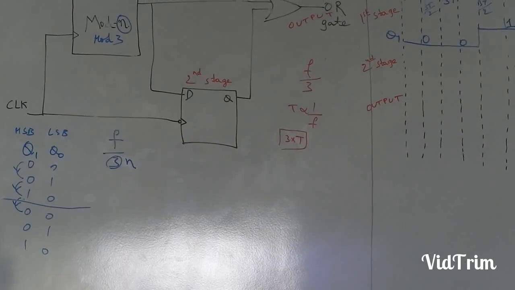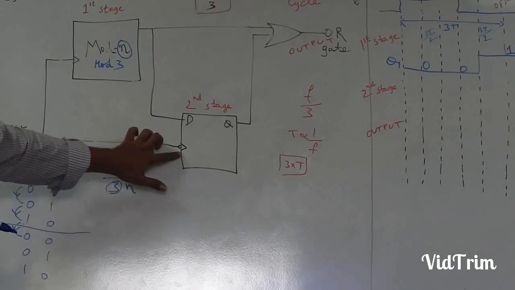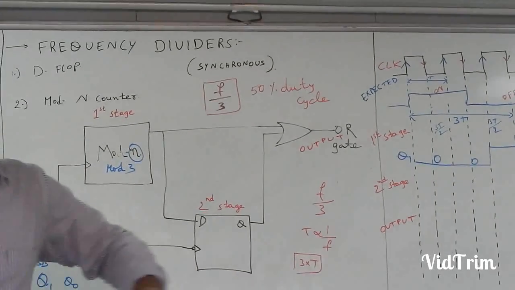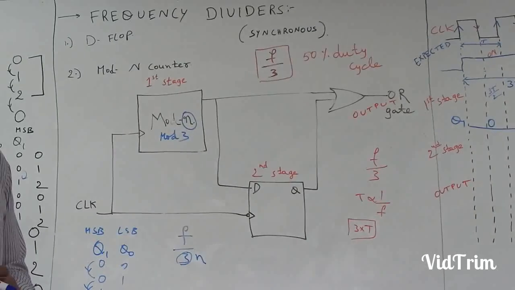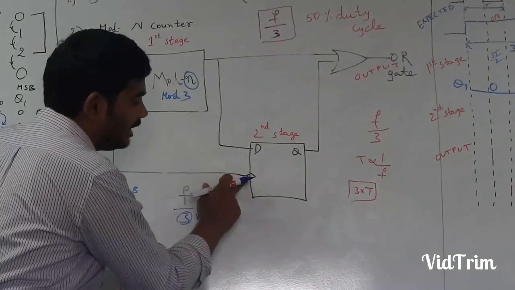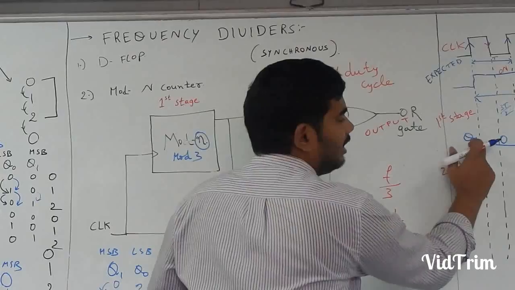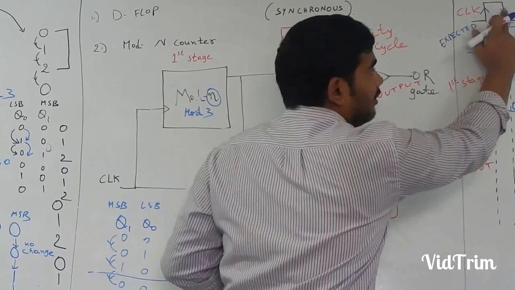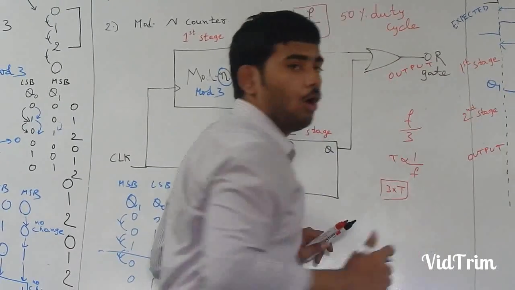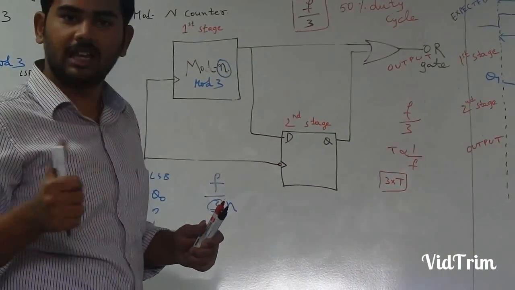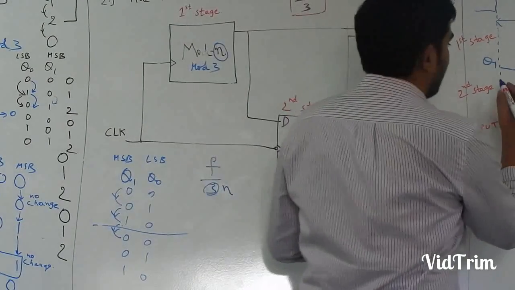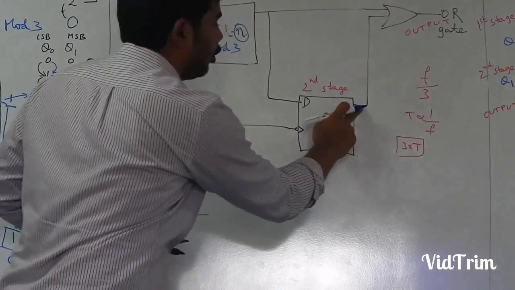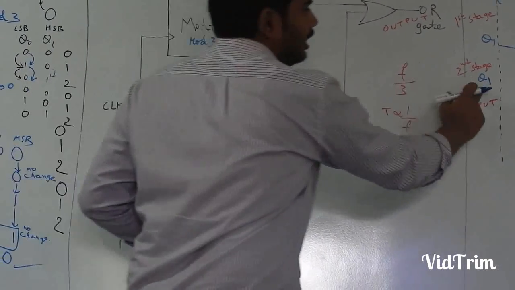like we discussed. If the same data is captured at the positive edge, it is delayed by 1 clock pulse, as we discussed in the previous session. So if we capture the same data at the negative edge of the clock, obviously it will be delayed by half a clock pulse. Agreed? Accepted? And now I draw Q1, the second stage output, here.